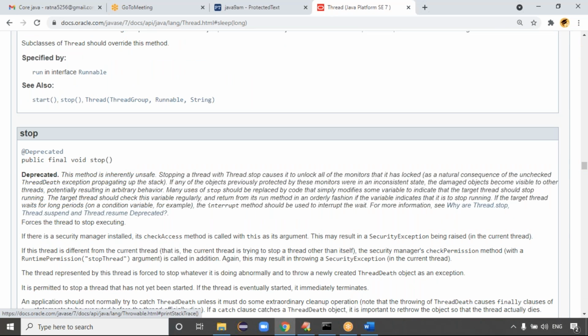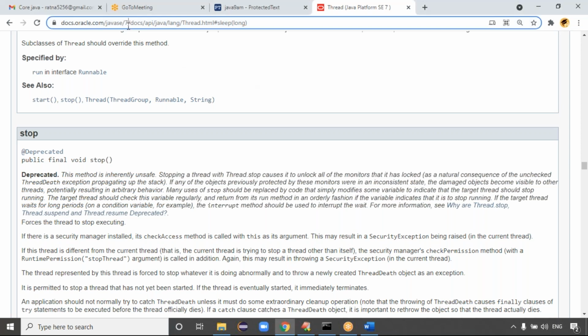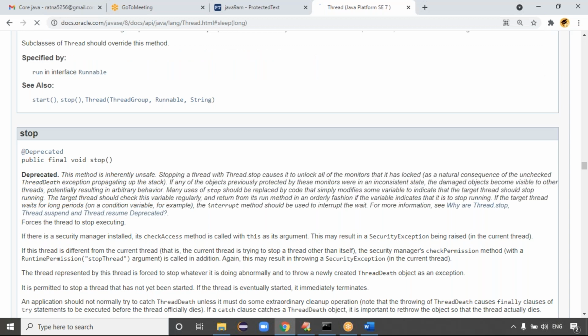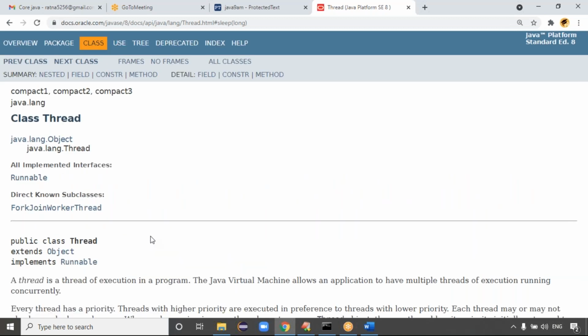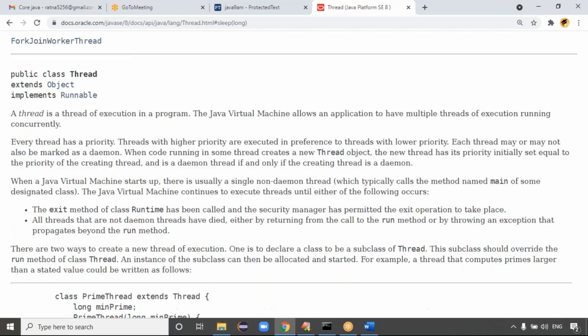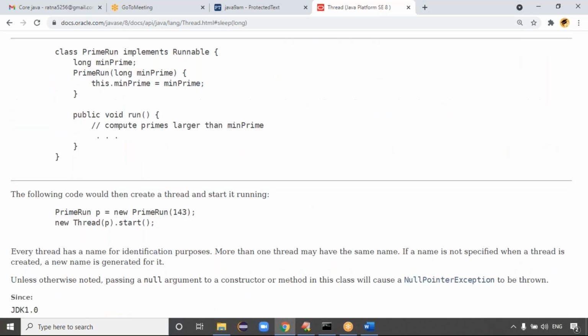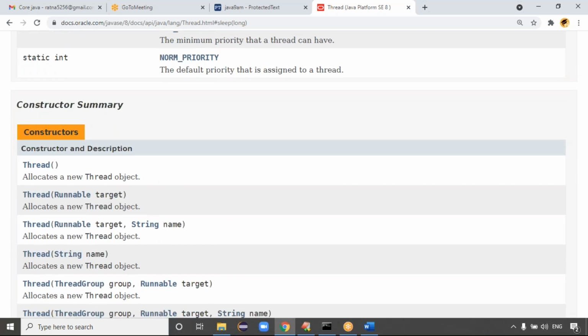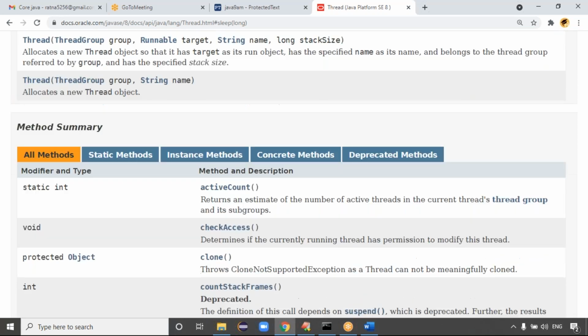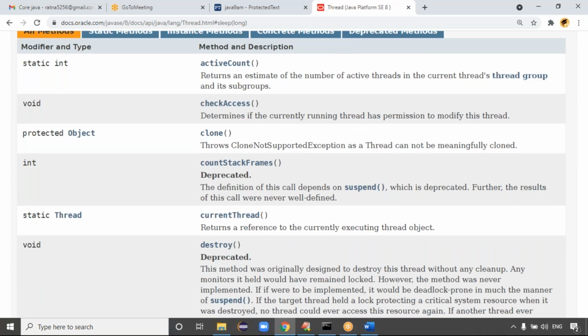Yes, you try to check the javap command once in your system. Method syntax: javap java.lang.Thread class, you try once. Are you able to see any native methods?